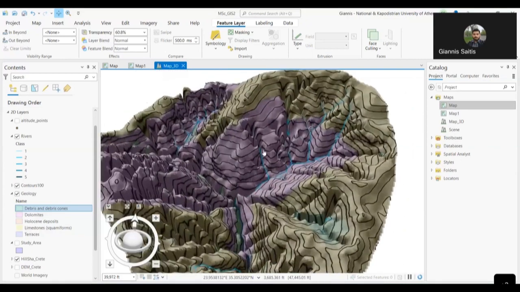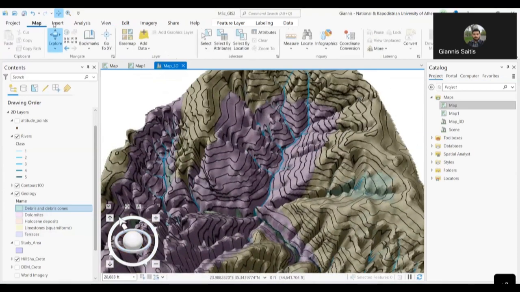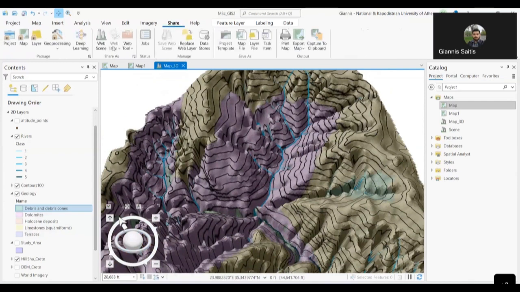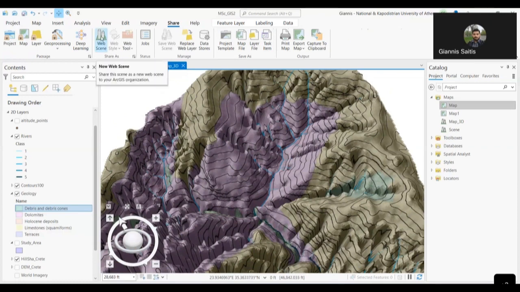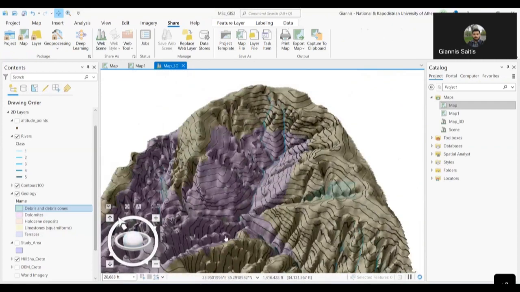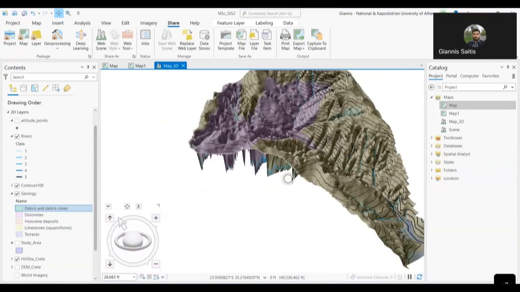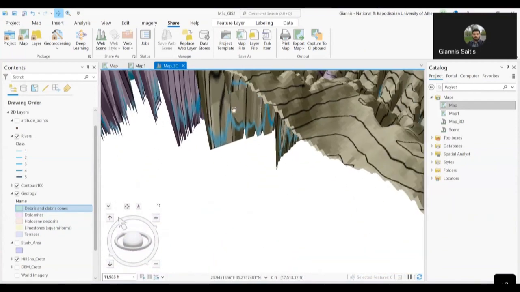And you can do many different things. This can also be recorded or exported like other projects here, or you can upload it as a new web scene. So you can share also your work. And yeah, if you don't try to use that,